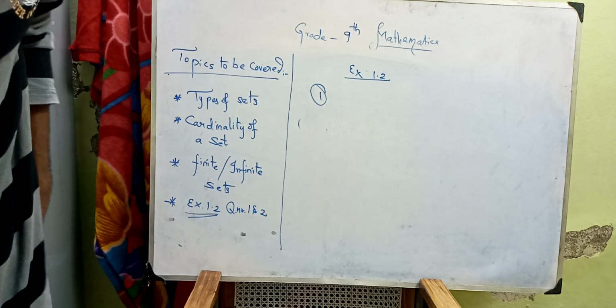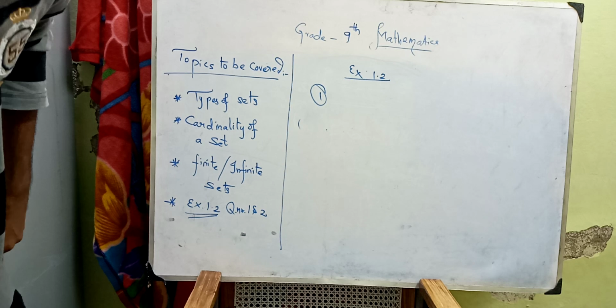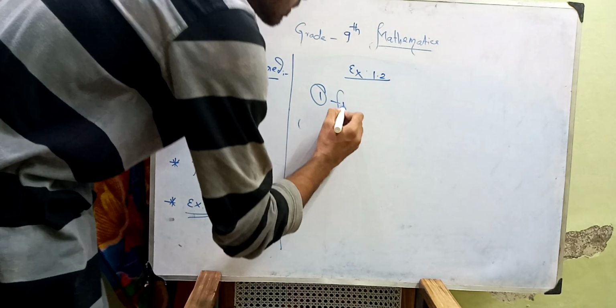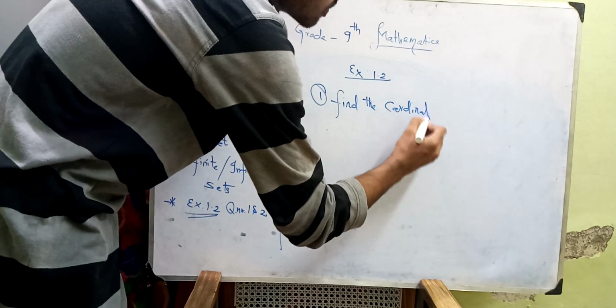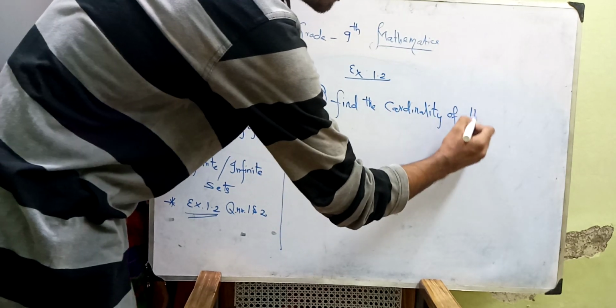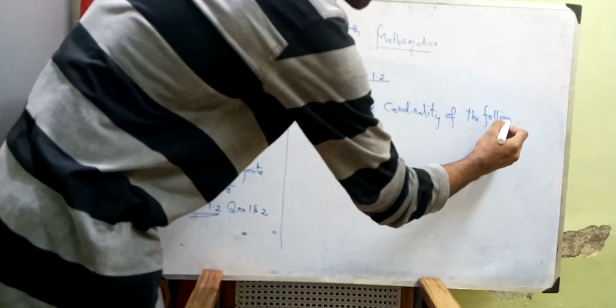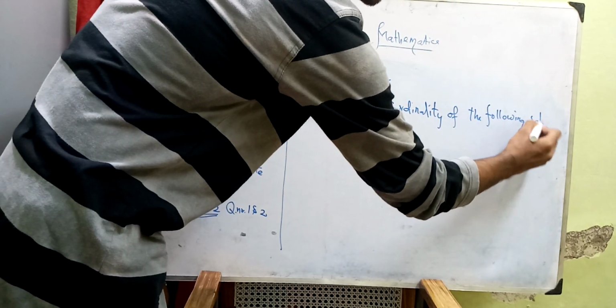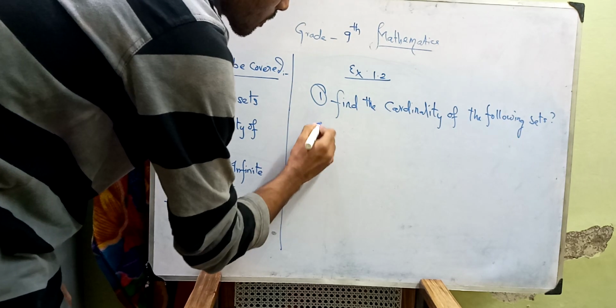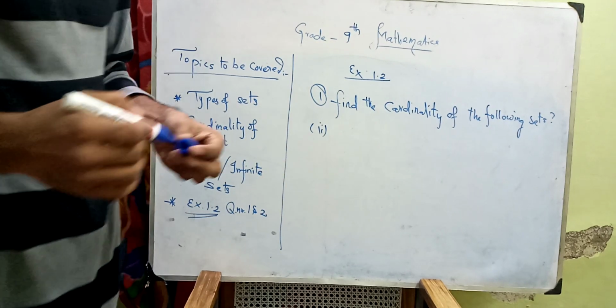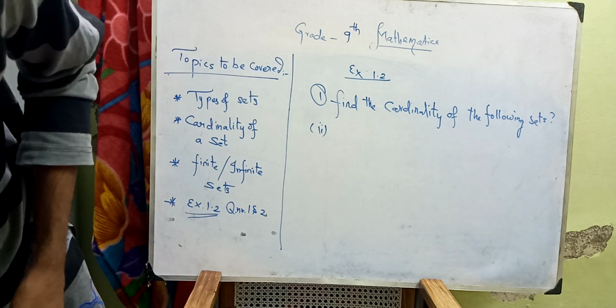The first question is: find the cardinality of the following sets. Let me take the second question. Second question is